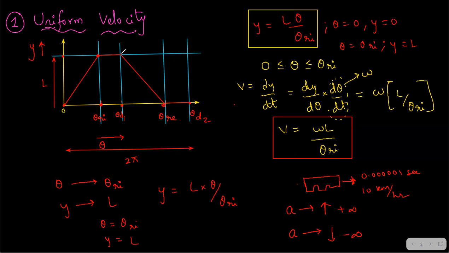And again from zero, if you need sudden accelerating, you have to come down, again slowly you have to accelerate, and then again suddenly you have to stop the motion. So based on this, you can draw velocity versus cam angle, and acceleration versus cam angle also. We'll see it in the next slide.